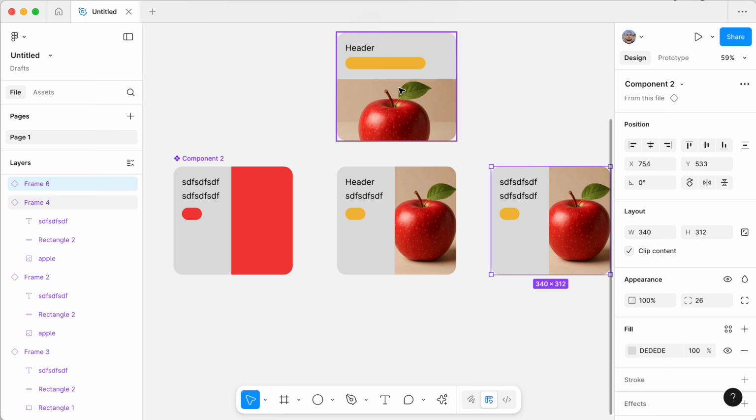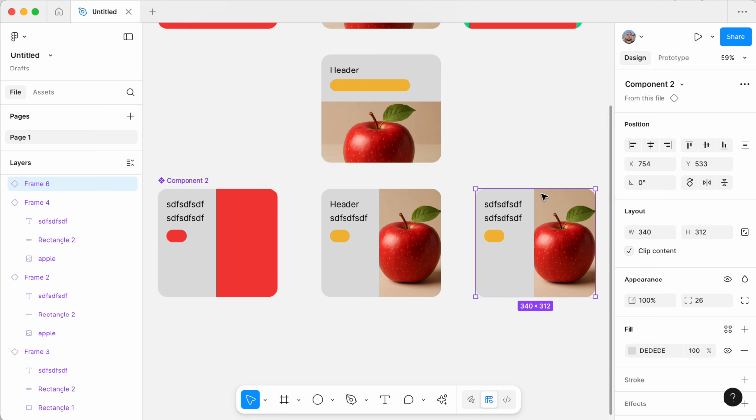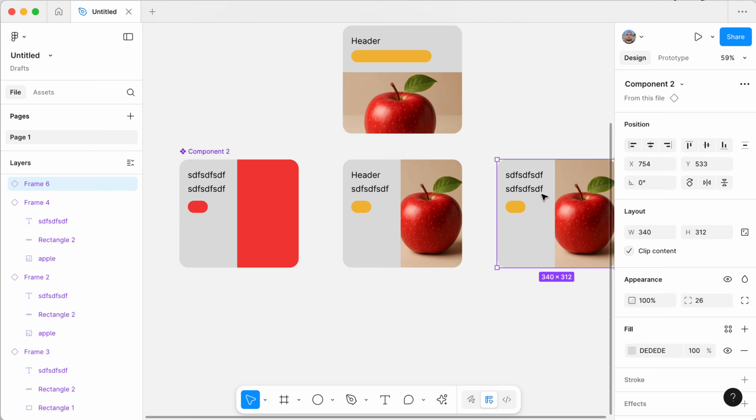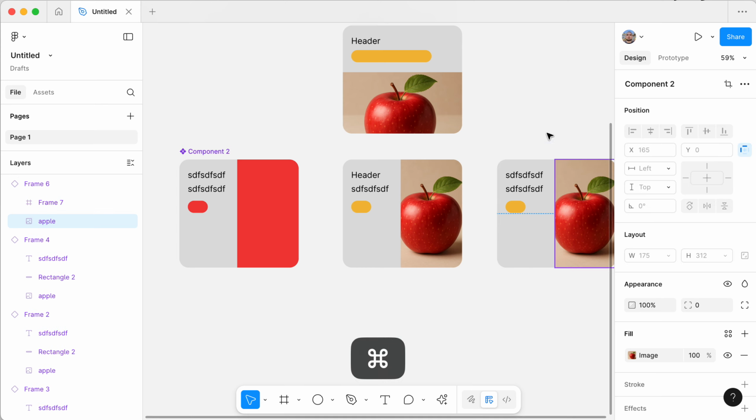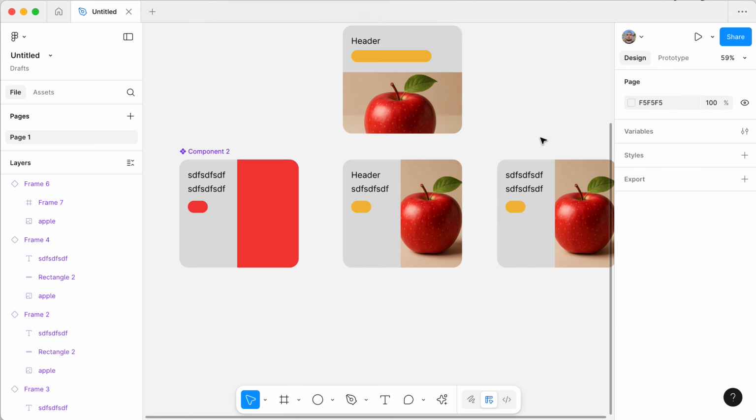If you want to turn this component into this shape, Figma doesn't know what to do, but it still knows that it can retain this fill. So to handle that,